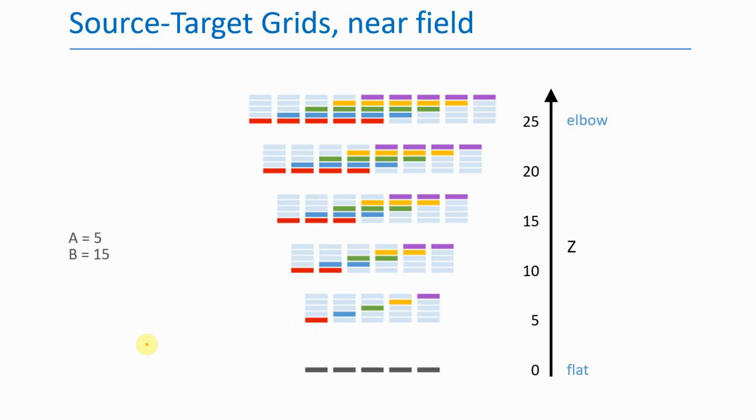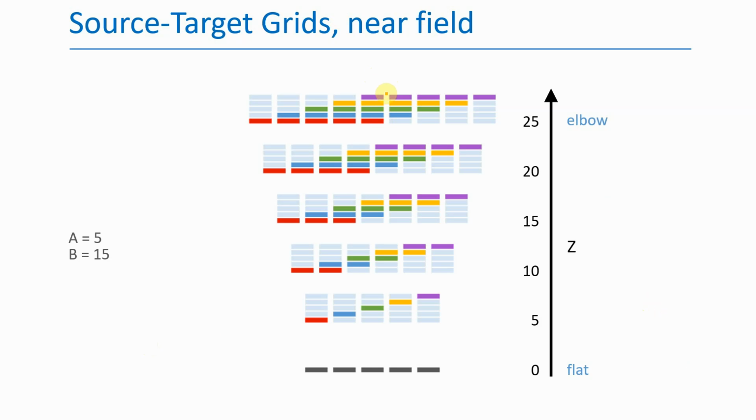This picture gives us an intuitive feel for how roundness is created. As Z increases, each instance of live reaches more and more target patches, while the number of target patches only increases by a small amount. The result is that each target patch receives light from more and more source patches, or in other words, the roundness increases. But at the elbow, the central target patch receives light from all of the available source patches,